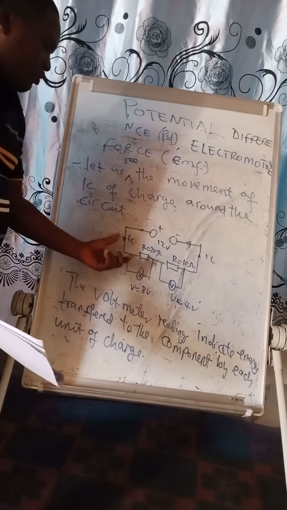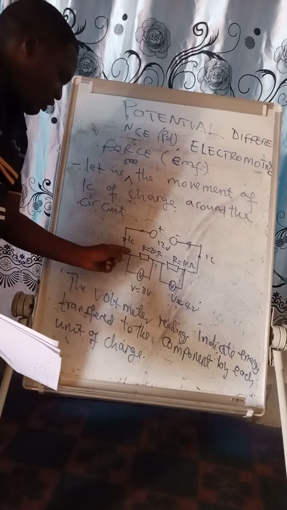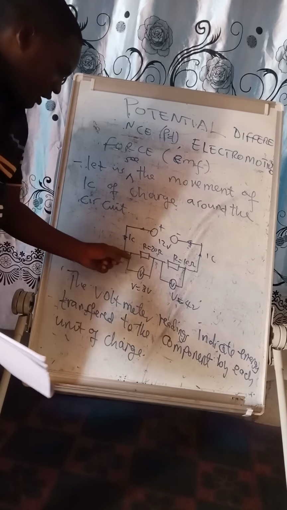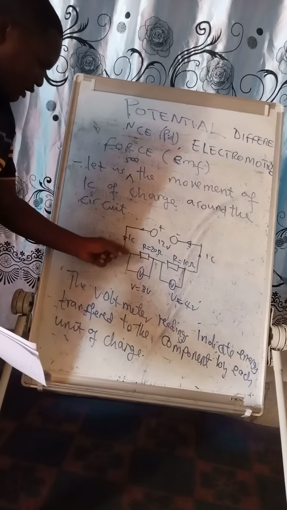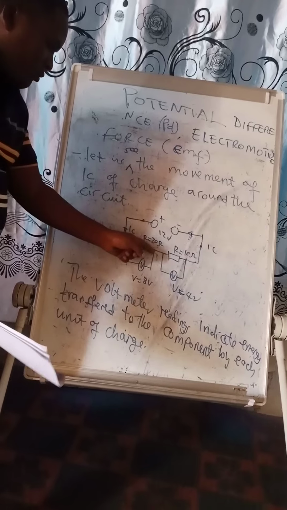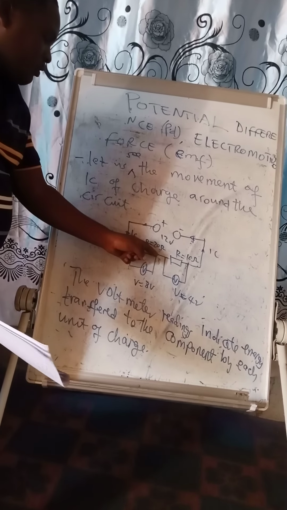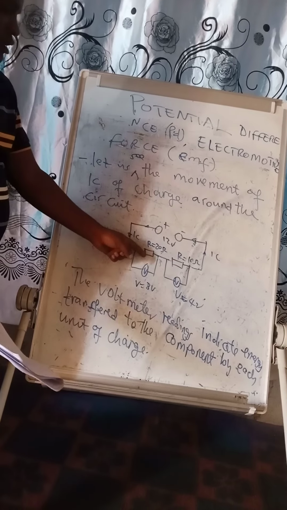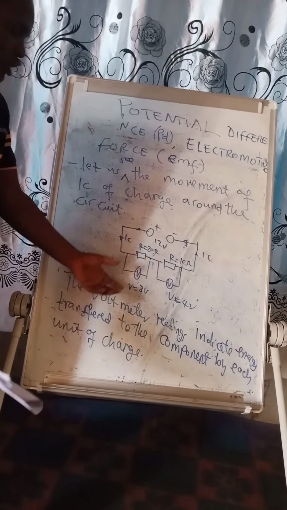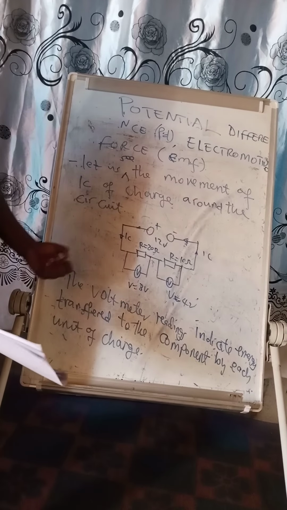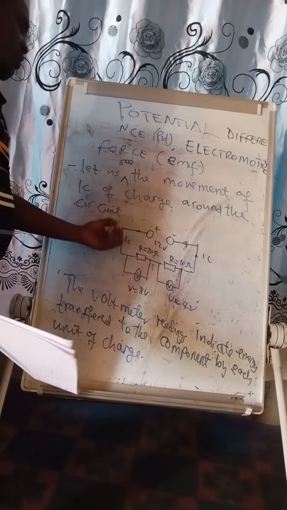So the energy lost between the 2 points, for example, the point before it meets the resistor and after the resistor: the energy before the resistor is bigger than the energy after the resistor. It means there is energy lost in a resistor. So this is what is called a potential difference. So the difference between e.m.f and